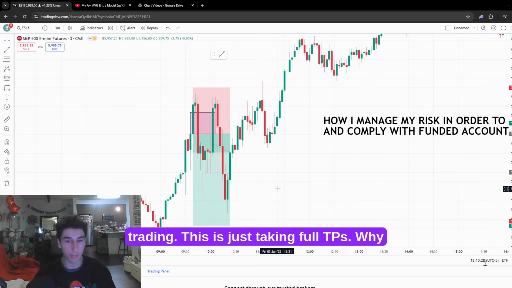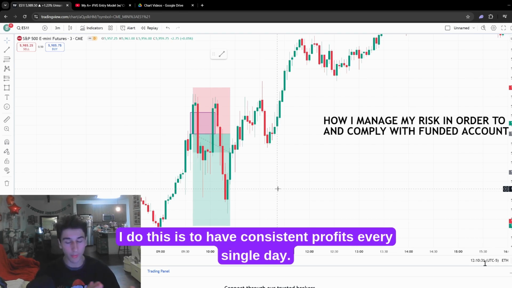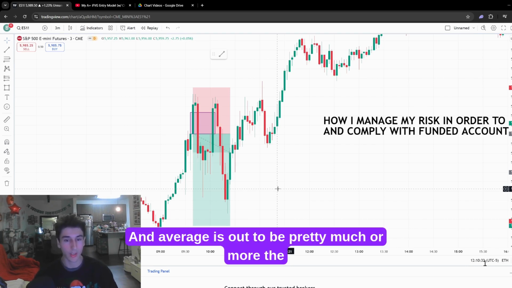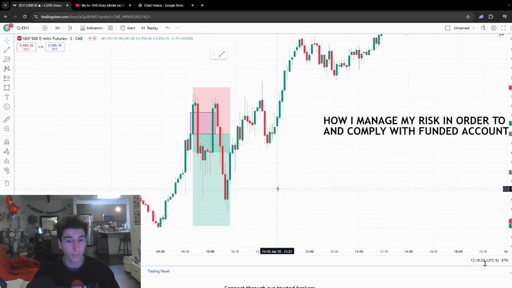This is just taking full TPs. Why I do this is to have consistent profits every single day, and it averages out to be pretty much or more the same as taking partials when trading. So